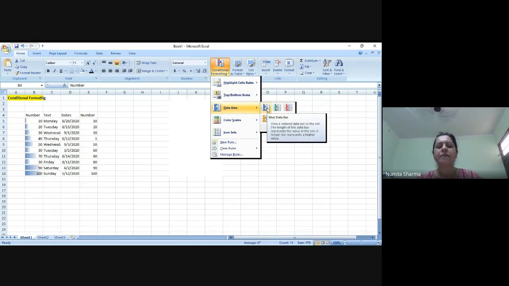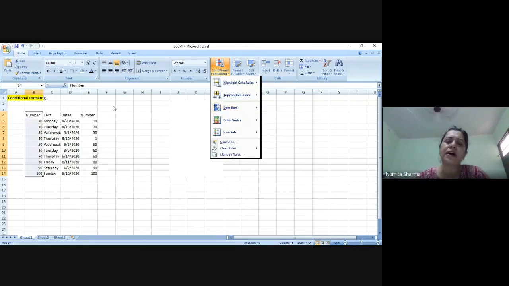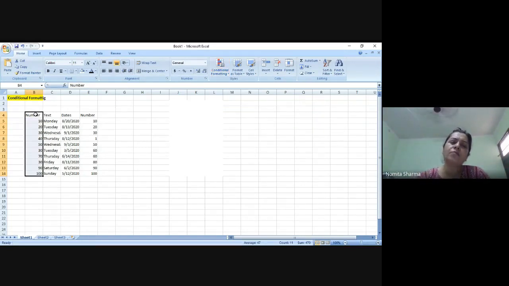All right. So data bar is only helpful in improving the pictorial representation of the data. See, otherwise also you could have made a separate chart for this. But the advantage of this is that you don't have to make a separate chart for this column. In the column only, you can actually show the increase or decrease in the number. And that will actually save your time in managing all the cells in one go.